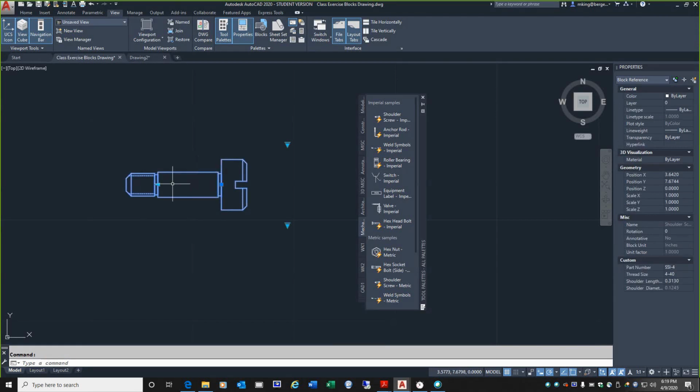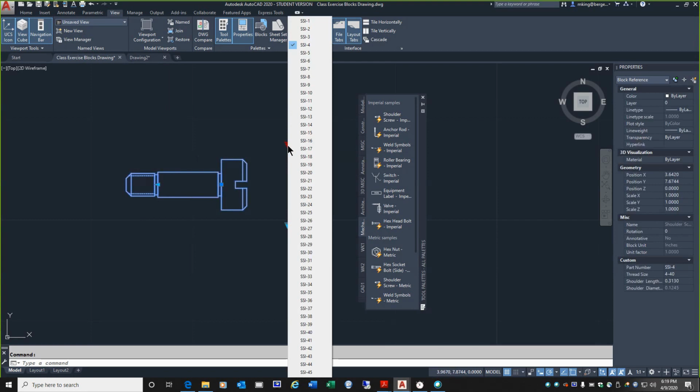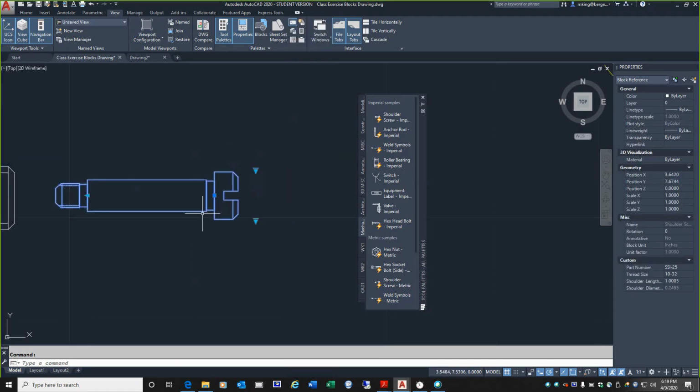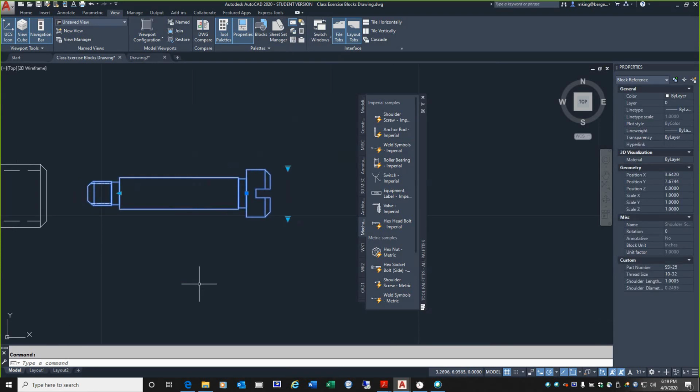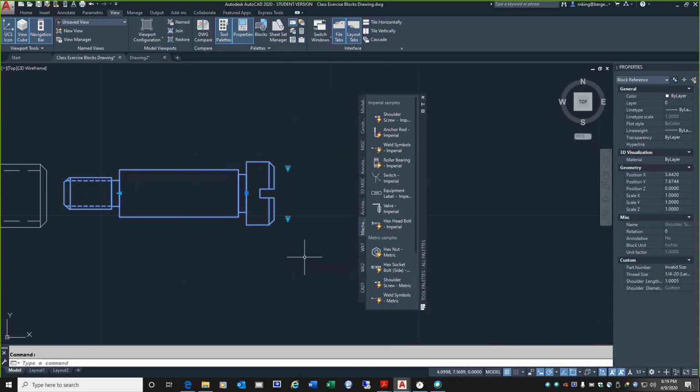You have all kinds of other grips here. Anytime you see a grip with this big triangle, click on that and you'll see that there's a huge list. And these are other sizes of these blocks. For example, click on the SSI, which would be Stainless Steel Imperial -25, and that's the size of this fastener. Okay? And if I click on this other lower list, it tells me which diameter is the screw thread. And number 1032, let's say a 1/4 inch, 20 large. Okay? So the 1/4 inch is the diameter of the threaded part,